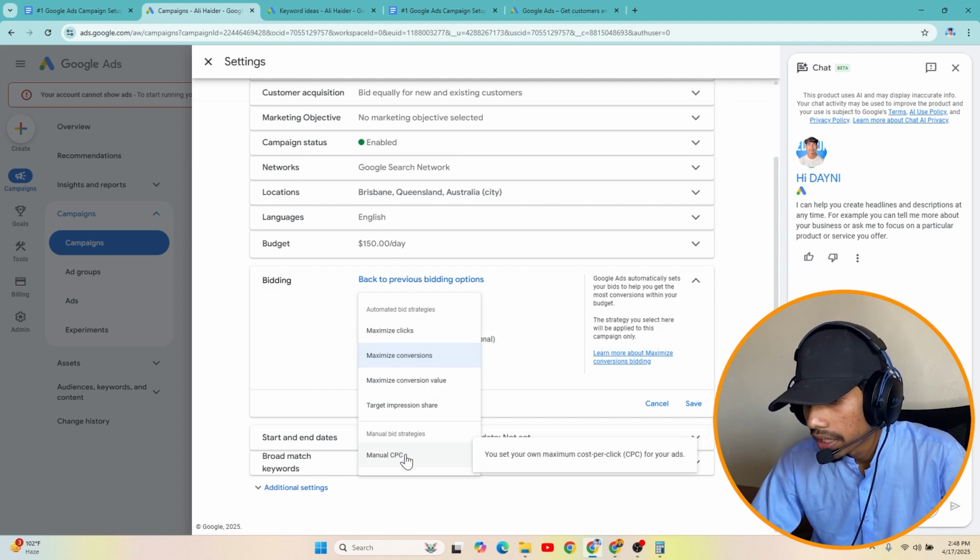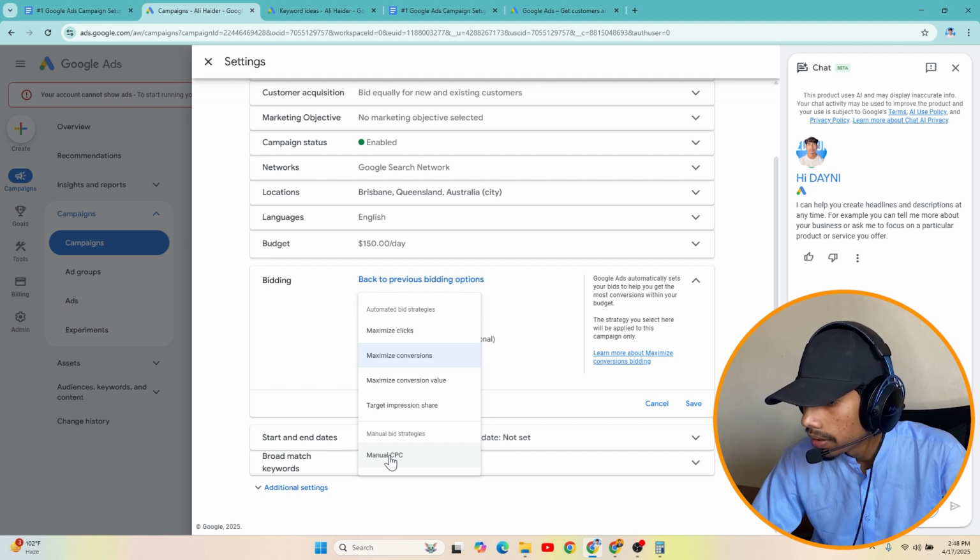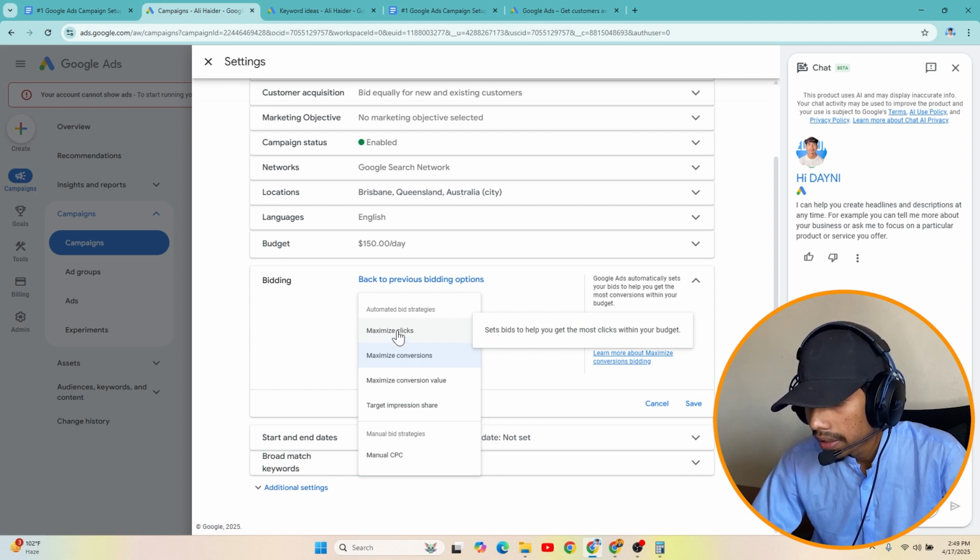I most of the time start with manual CPC if I start with a small budget, but if you want to go aggressive you can choose maximize clicks. When you start getting data, then you can switch to maximize conversions, but in this case I am going to start with maximize clicks.